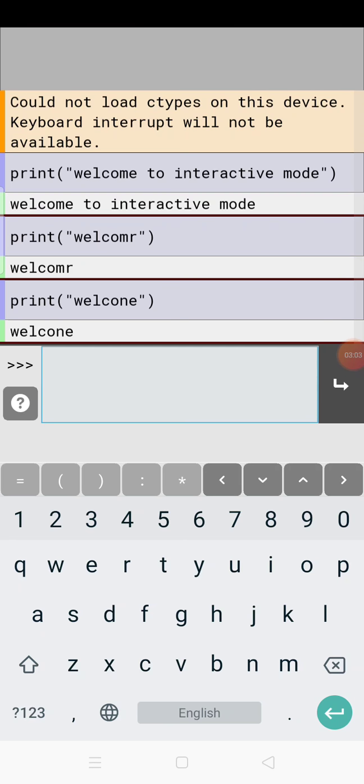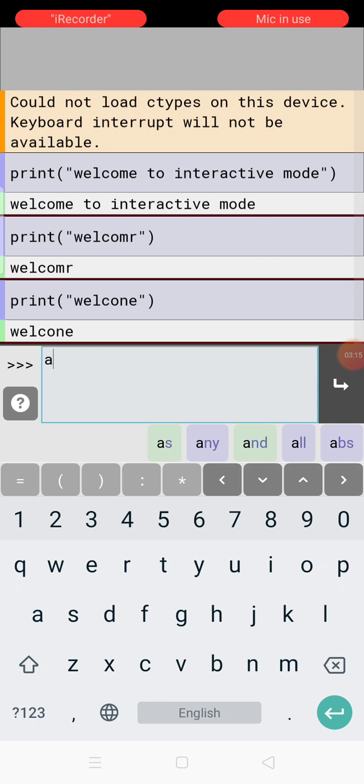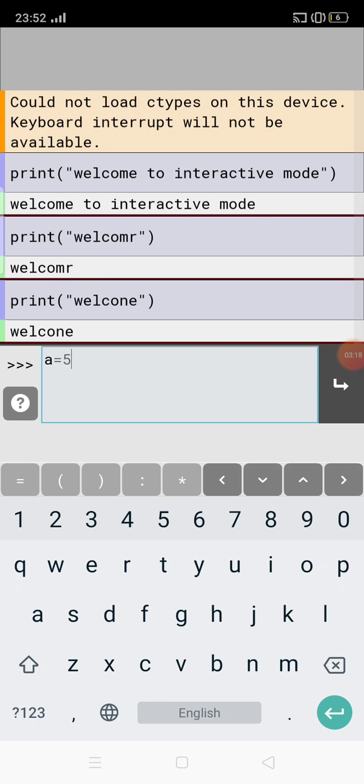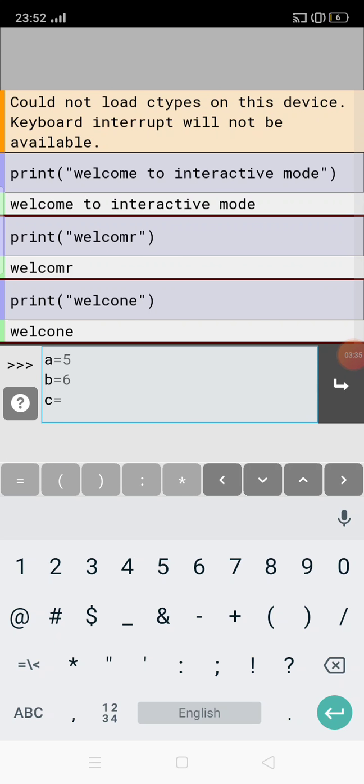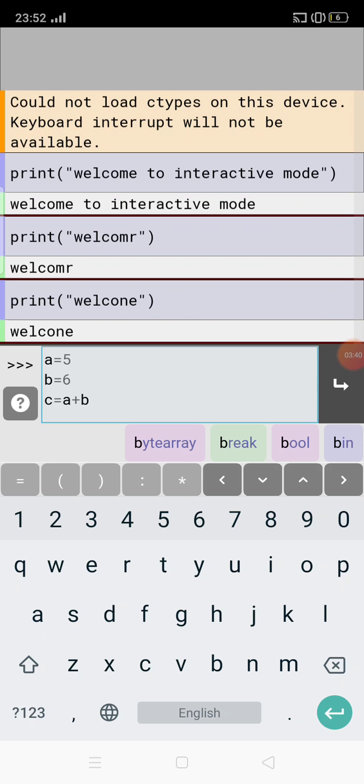If you want to run 2 to 3 lines in the interactive mode, it is also possible. Now you check, the 3 to 4 lines I am going to type over here. That is, I am assigning a equal to 5, enter key from the keypad, and then b equal to 6, again enter key from the keypad, c equal to a plus b, adding the two numbers after assigning the values to a and b.